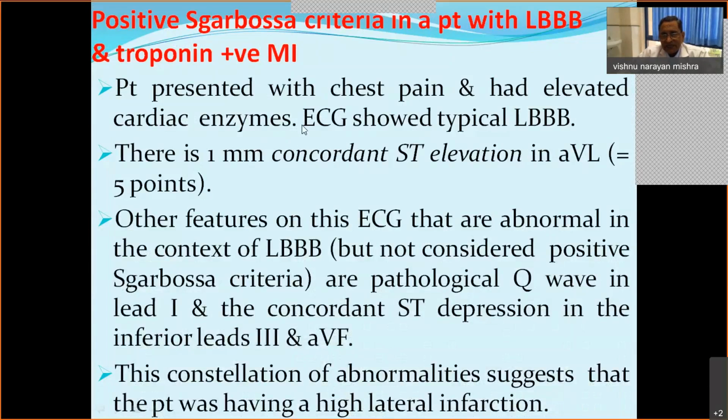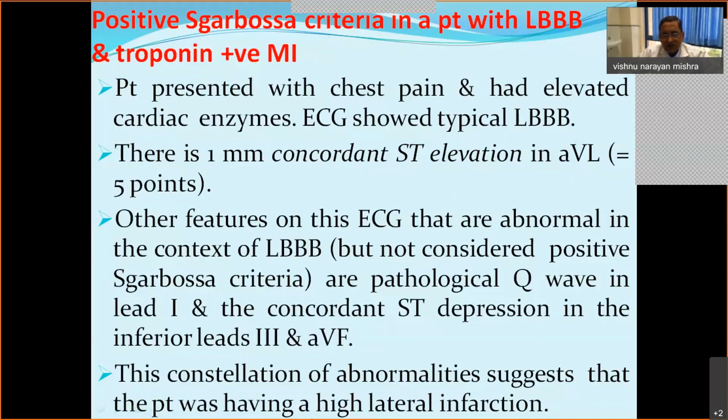Patient presented with chest pain and had elevated cardiac enzymes. ECG showed typical left bundle branch block. Now, there is 1 millimeter concordant ST elevation in AVL. So this is the description of the earlier ECG which I have shown you, where there was elevation of 1 millimeter in AVL. Other features of this ECG that are abnormal in the context of left bundle branch block but